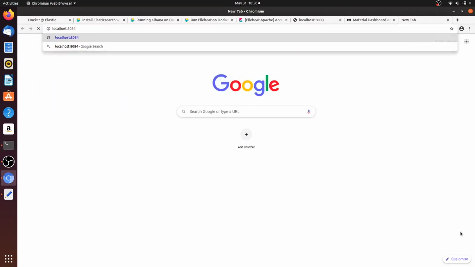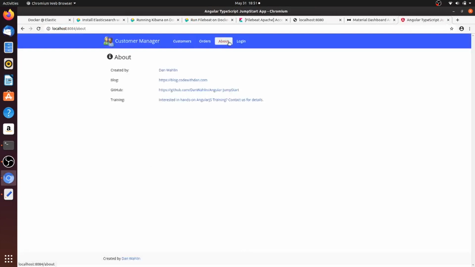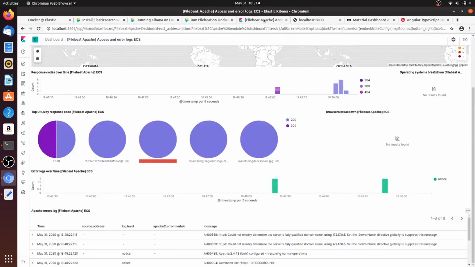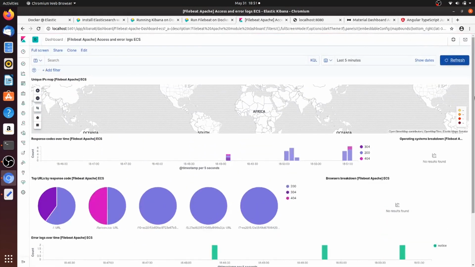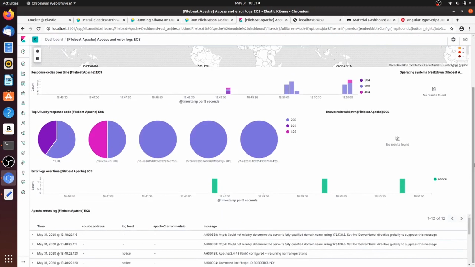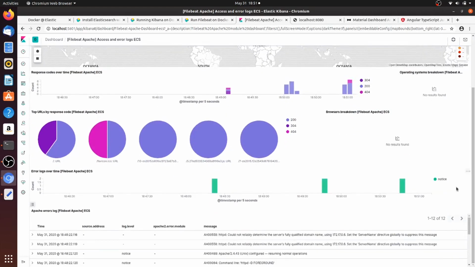Metrics will be pushed to Kibana through Filebeat. Now let me again refresh. You will see some other changes in the dashboard. Like this, it is getting all the response codes and also the metrics.